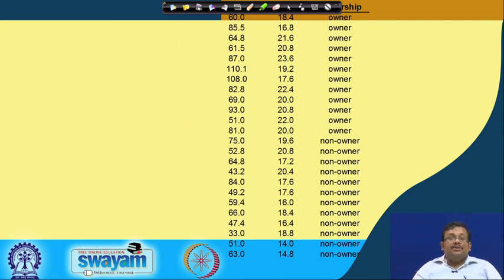The first column is the income, the second column is the lot size, and the third column is the ownership, either owner or non-owner of the lawnmower. Based on that we have to predict using classification and regression, and our target will be these two classes, owner and non-owner.